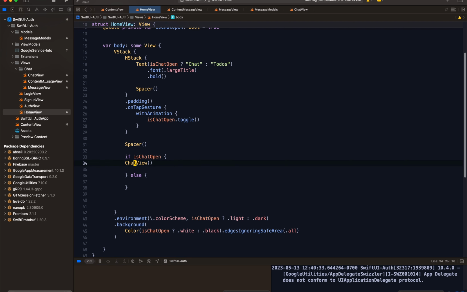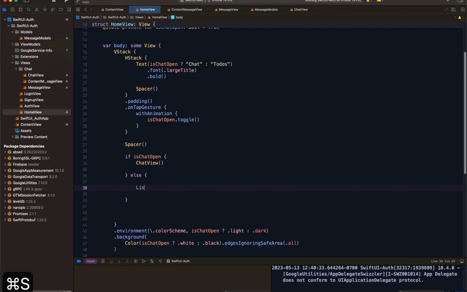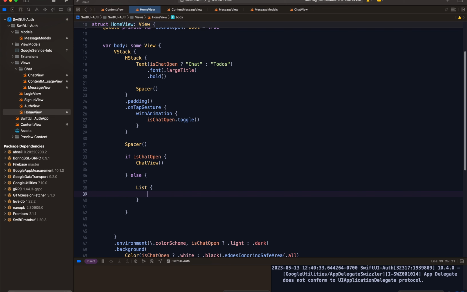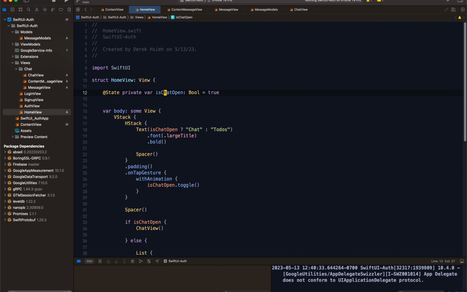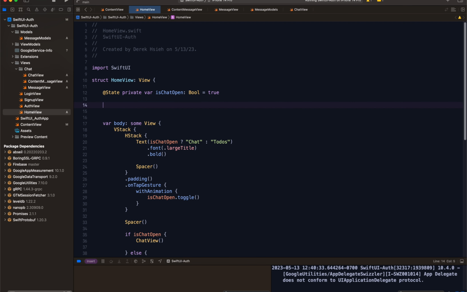Otherwise we'll return a list. So this is like a table. Actually, we don't need a model for this, because our to-do list is just an array of strings. So we're going to say let dummy to do data is equal to, it's going to be a type string array, and